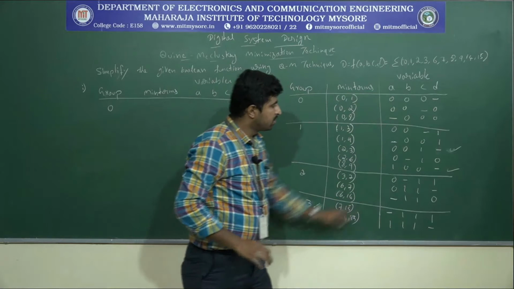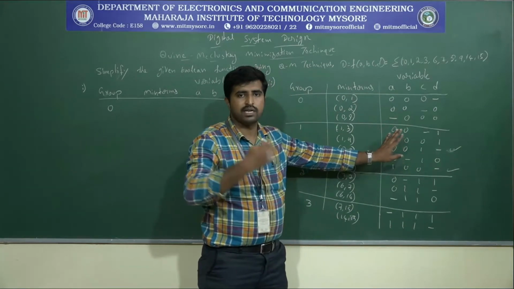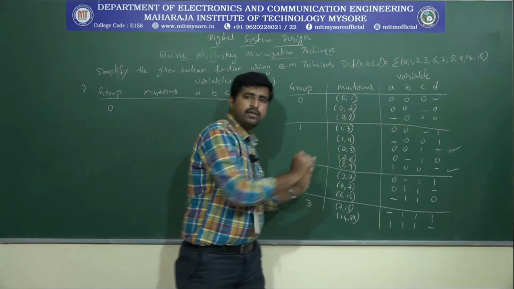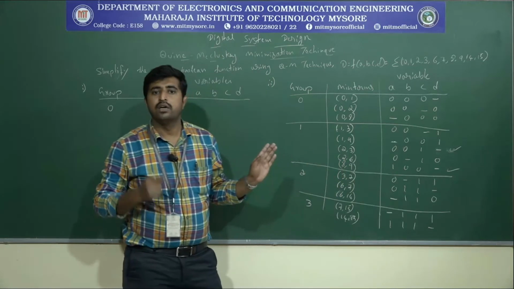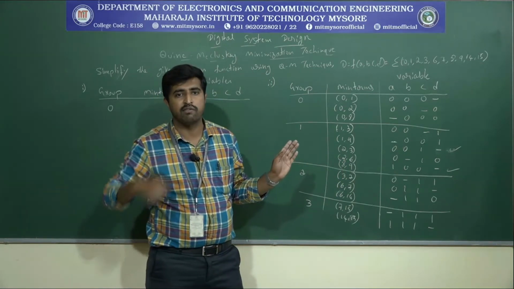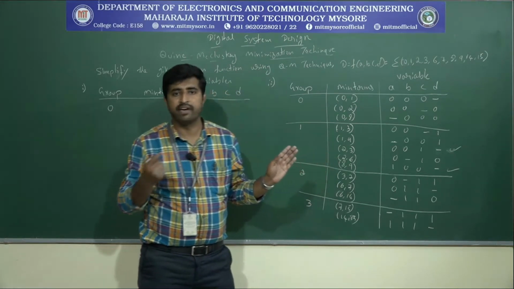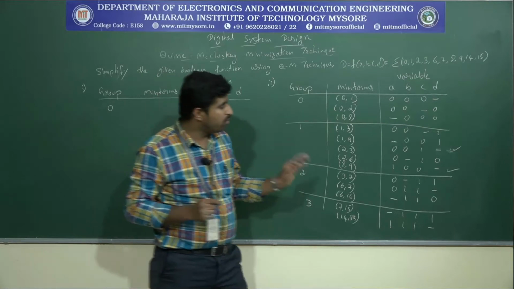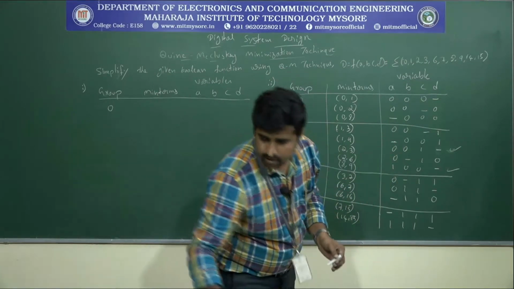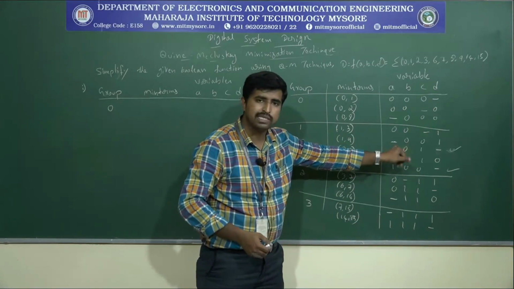Usually we use tick marks when we are grouping. The mean terms which are grouped will be tick marked. When combining lastly, we should identify which mean terms are covered and which are not covered when writing the simplified equation. For that purpose we will use the tick mark. But for now, just for grouping, I will indicate it with something else. Later we will use the tick mark.